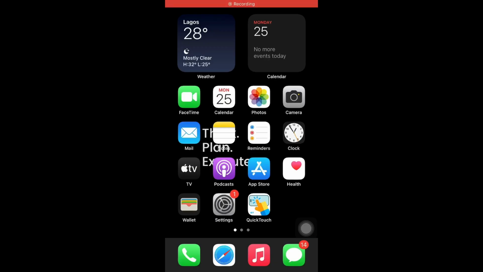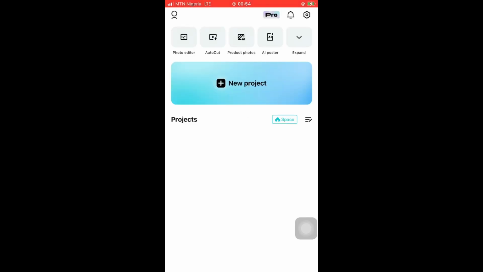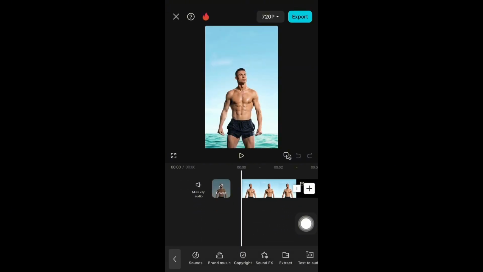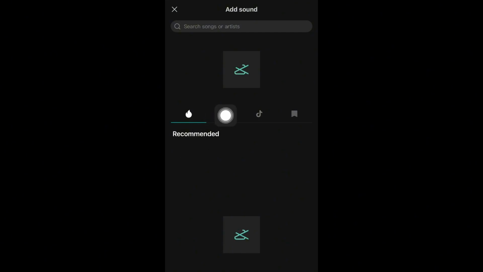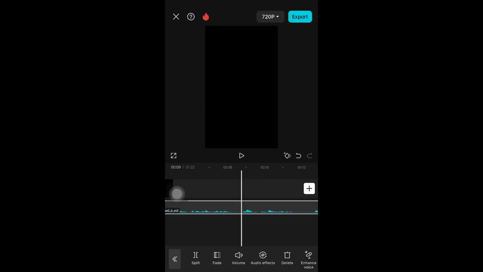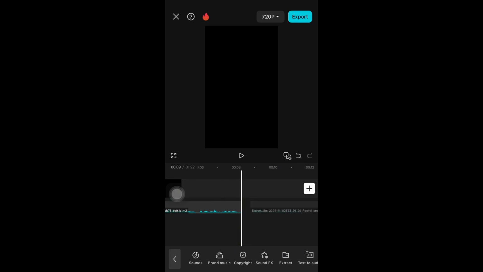Thank you. Our final step is to edit the video using CapCut. First, open CapCut and click on a new project. To get to the editor screen of CapCut Mobile, you have to upload an image first. So once done, add the voiceover you downloaded from 11labs.io. Then remove any pauses by zooming in and cutting out any empty spaces.